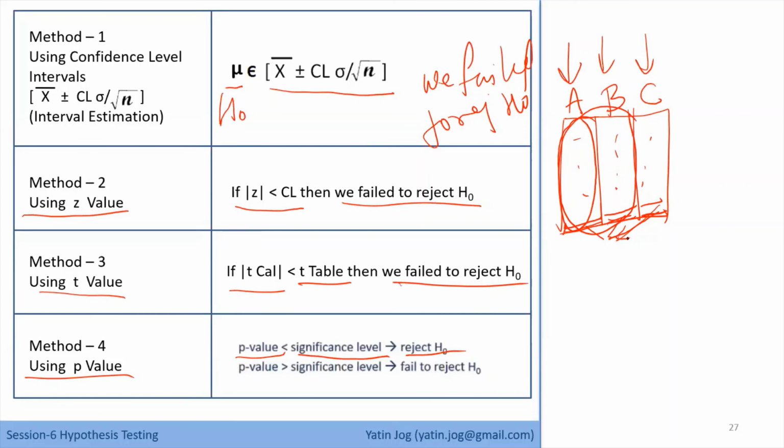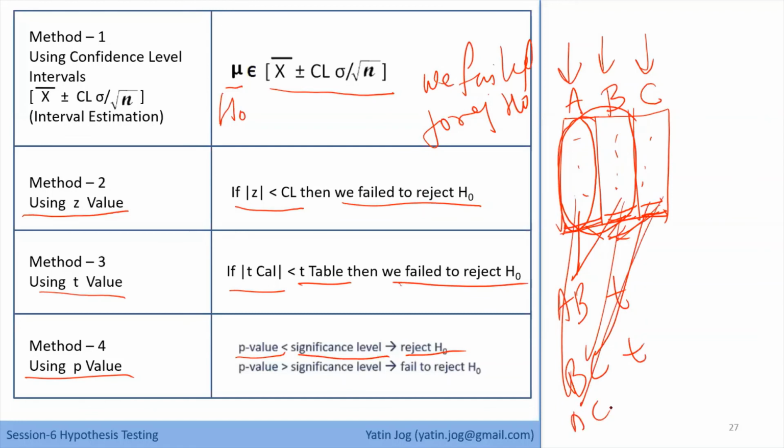Now in this case, we can solve this problem with T statistics also. Just consider A and B first as 2 samples. Just consider A and B, find the T value. Then consider only B and C, then find the T value, and then just consider A and C, and then find the T value. So in case of 3 samples, we have to consider T statistics 3 times because there are 3 groups, AB, BC, and AC. Instead of doing T statistics for 3 times,